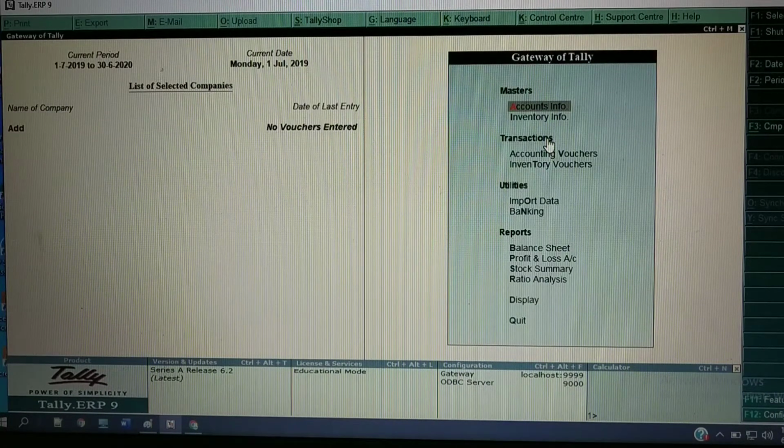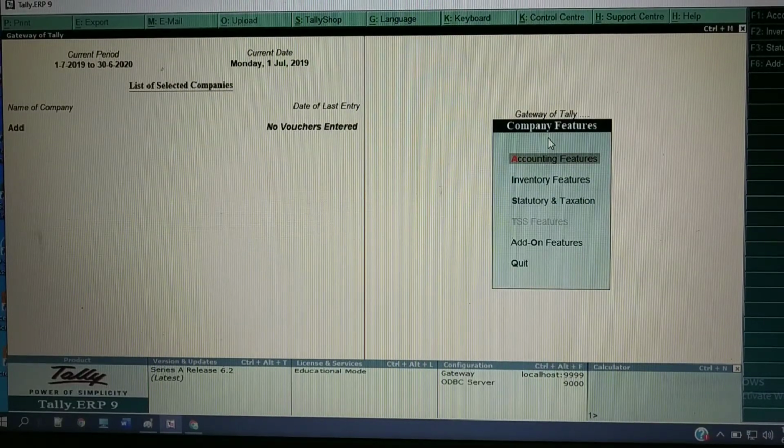And then the next option is Features. Here, whatever changes you make in features will be specific to the selected company. If you want to make changes in a feature option, then you need to press F11 from your keyboard, and then Company Features will be displayed here. This feature enables you to set the various accounting features required for the transaction entries. Whatever options are required for the transactions, all those options we can get in the Company Features option.